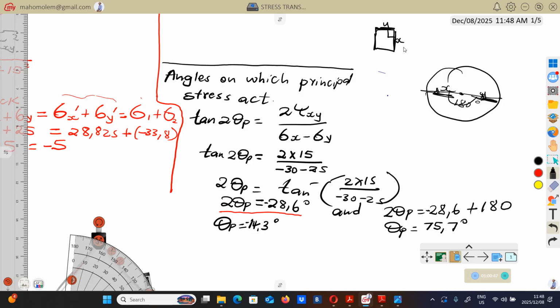So if you know this angle, to get this one, you can simply say this one plus 90 degrees. Okay, someone can do it like this. I will show you. Once you get this theta p, to get the other plane angle, you can simply say